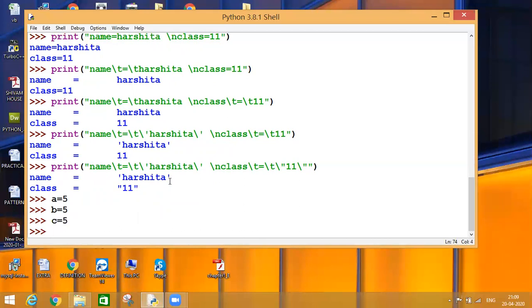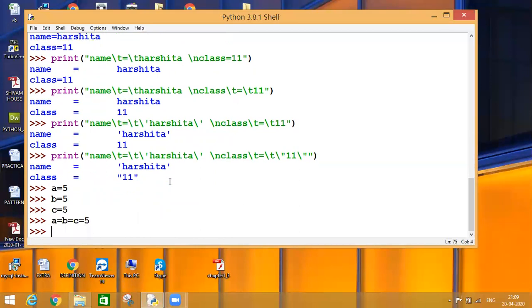So I can write it like this also. If I say A is equal to B is equal to C is equal to 5, then also it will function in the same way.